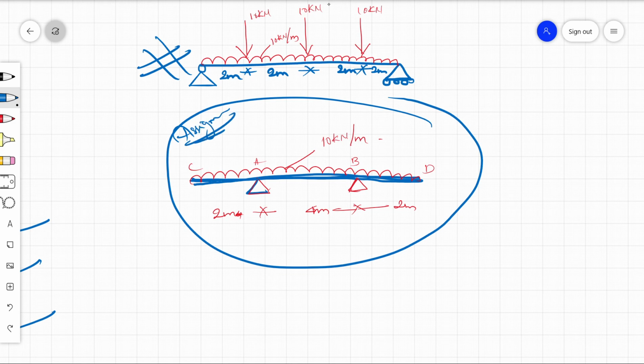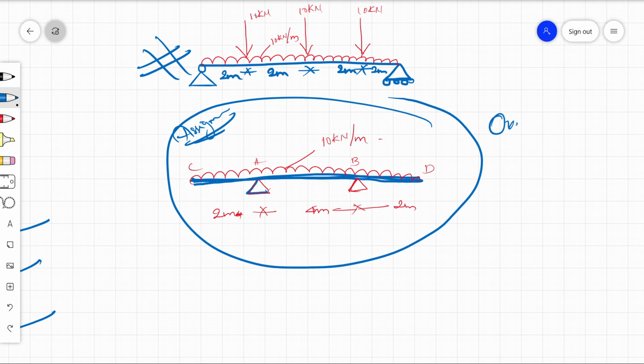This is an overhanging beam. If you understand the fixed beam, and the simply supported beam or one side hinge and another side roller, overhanging beam concept will be very easy for you to understand. So first go through the fixed beam concept, understand it very well. Then go to the simply supported beam or one side hinge and other side roller. Understand it well. Later proceed with the overhanging beam.